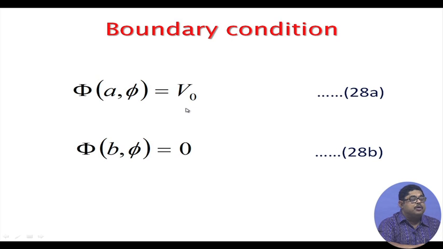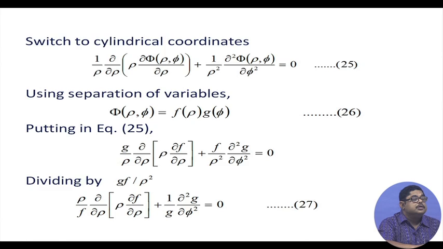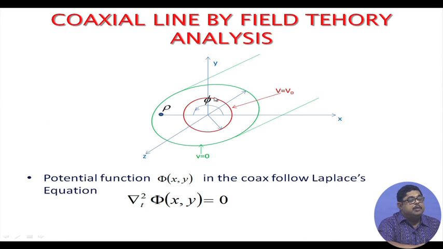Now, you subject it to the boundary condition. What is the boundary condition? Let me see the previous slide. So, what will be the boundary condition? This inner conductor, this red structure, is a metallic structure. So, we can say that the tangential field, here in the azimuthal direction, that is along the phi cap direction, so when rho is equal to a, generally called a, the radius of the inner conductor,